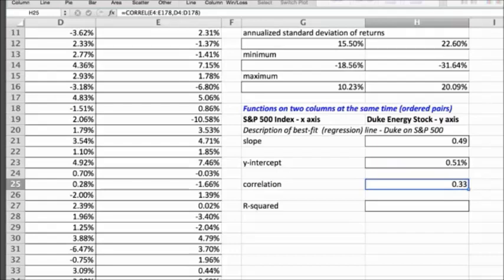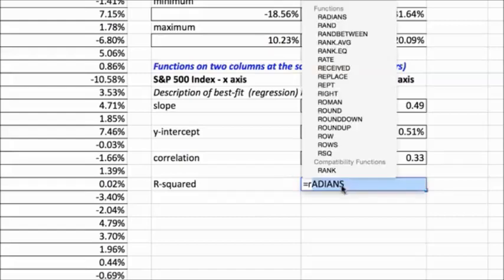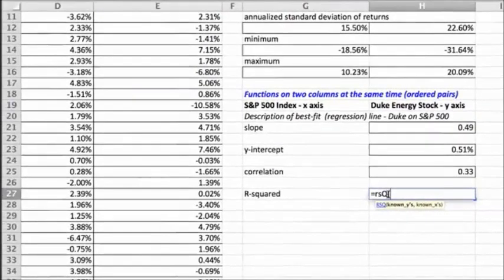For a well-performing stock, this is a desirable characteristic because it allows us to create greater diversification by having assets that are not all highly correlated with the stock market index as a whole. R squared can be calculated two ways. It has its own function in Excel, or we could simply take the square of the correlation, but I will just show you the R squared function, RSQ, which is, again,